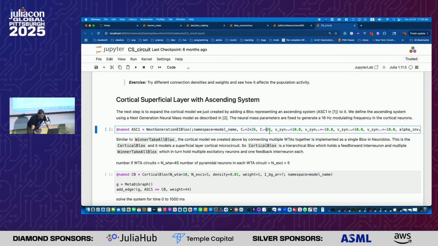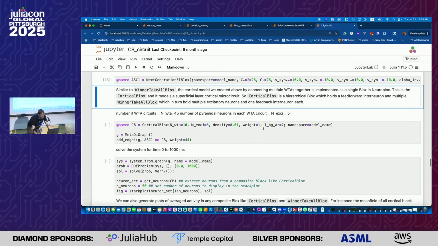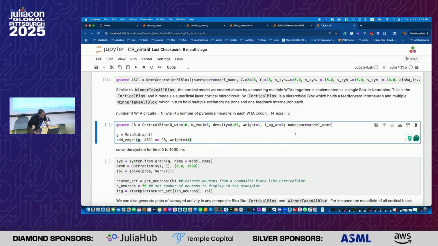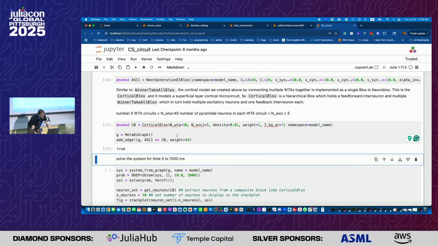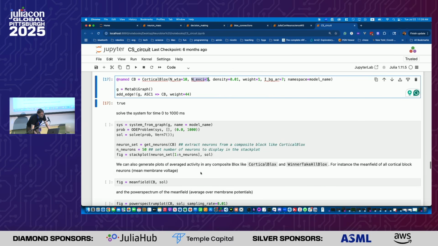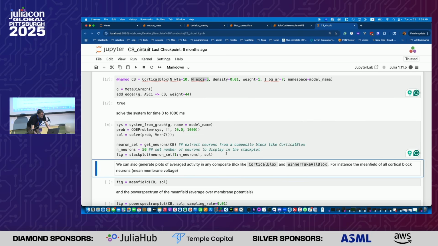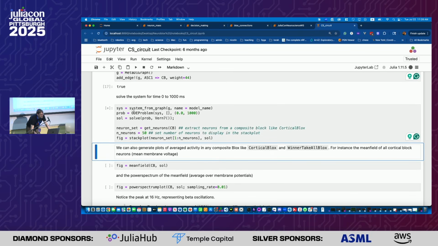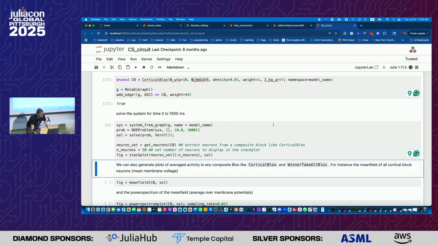And so what we can do is connect this neural mass model to a cortical block. Essentially, the ascending system goes into the cortical block. The cortical block consists of 10 winner-takes-all circuits with 5 excitatory neurons each at the same density. And what you can do is solve the system for 1,000 milliseconds. And what you should be seeing after it has compiled